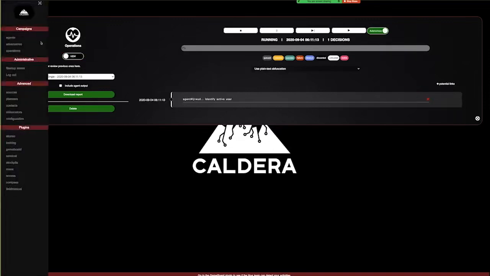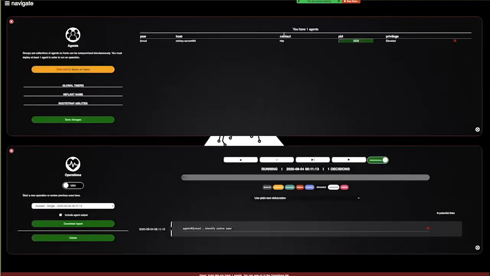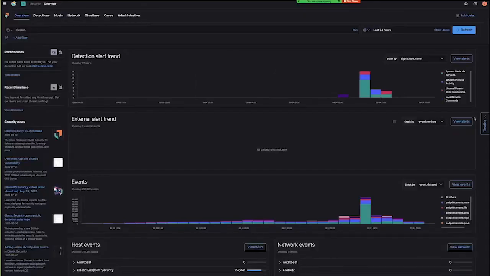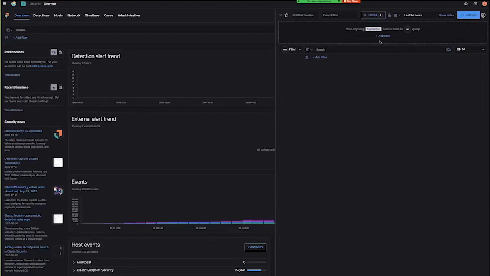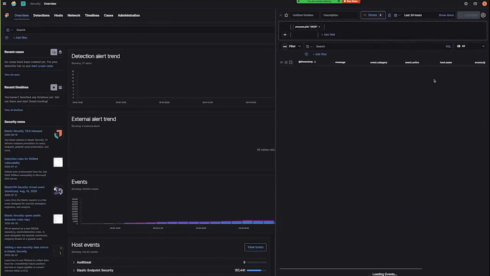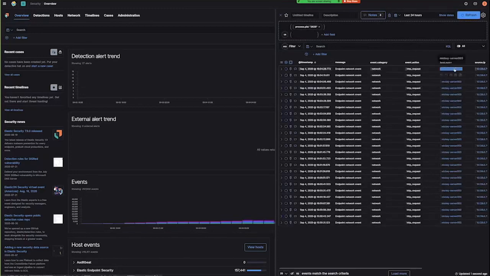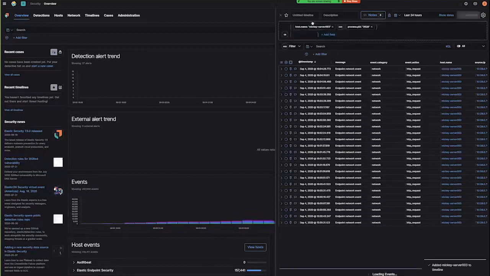So while I'm doing that, because I've got X1 and 2628, I'm just going to jump into the timeline here to make it simple for me. What I'm going to do is go process.pid is 2628. Save, and that's just going to give me all the relevant information for that particular process. And I'm just going to drag the OR field to make sure that as I'm adding this through, I'm just focused in on the exact host.